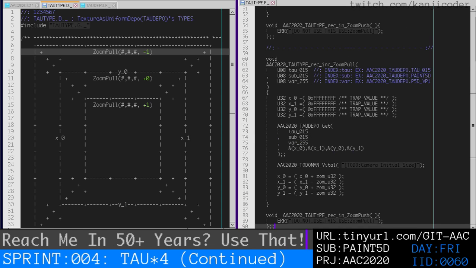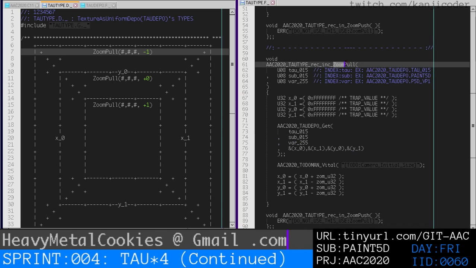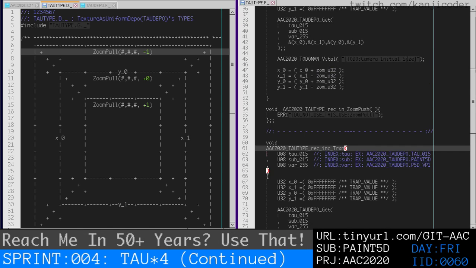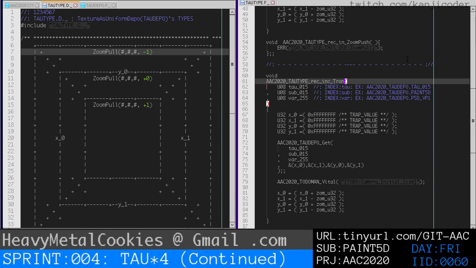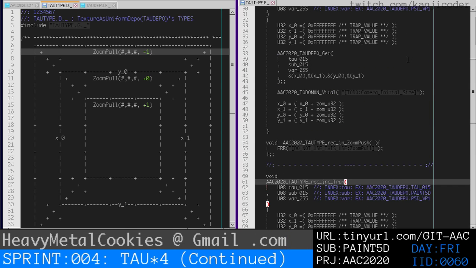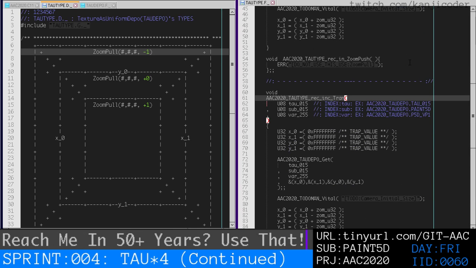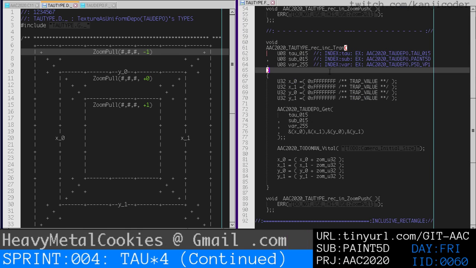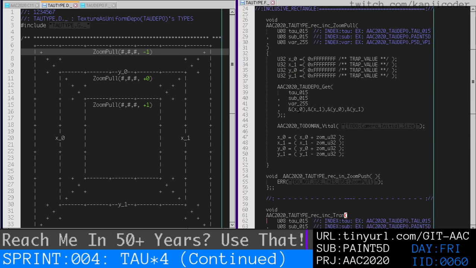So we want a translate, and we want to translate on x and y. So tran xy maybe, or just tran maybe. Yeah, we'll just call it tran for translate,